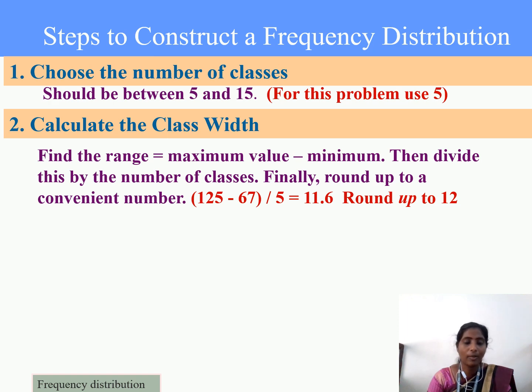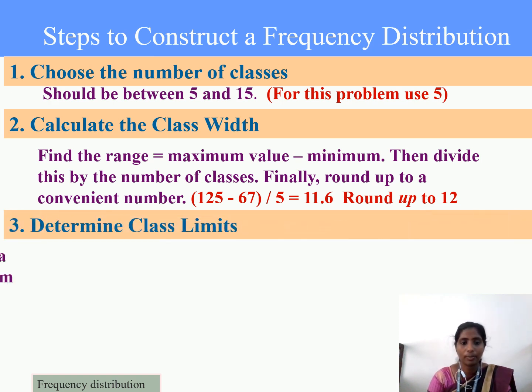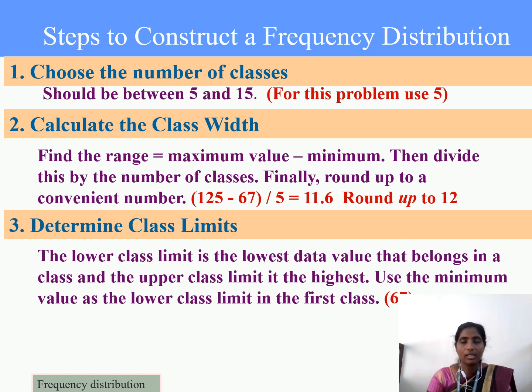Here, as the maximum value is 125 and the minimum value is 67, so the value is 125 minus 67 by 5. We'll be getting the answer as 11.6, and we are rounding it up to the next number, that is 12. And next thing is we have to determine the class limits. So the lower class limit is the lowest data value, and we have to add this to the class width